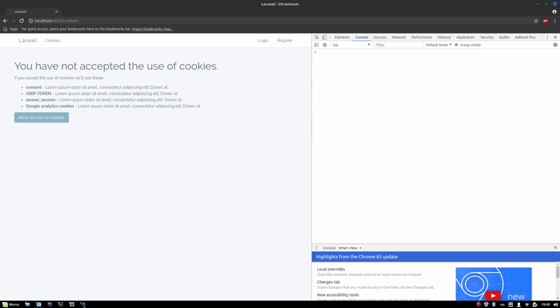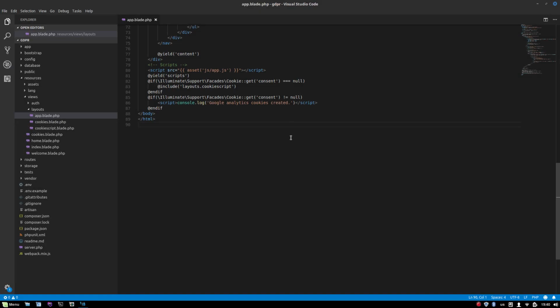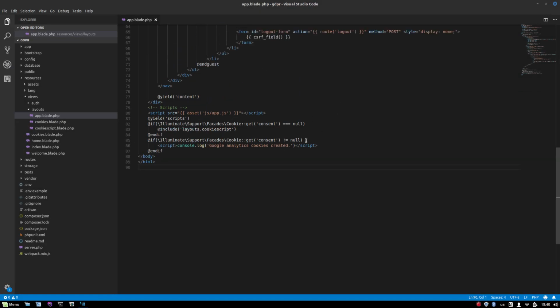Very simple. Of course, you can modify the consent cookie and check, for example, if it includes GA for Google Analytics, or something else to allow specific cookies and deny some others, the granularity that GDPR speaks of, and stuff like that. So I hope this was helpful for you,